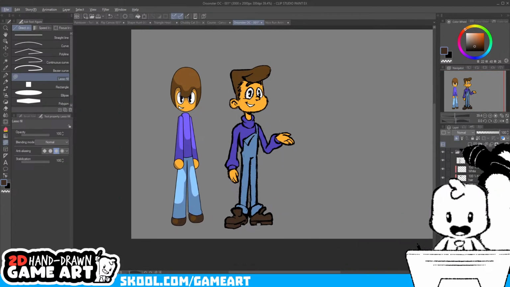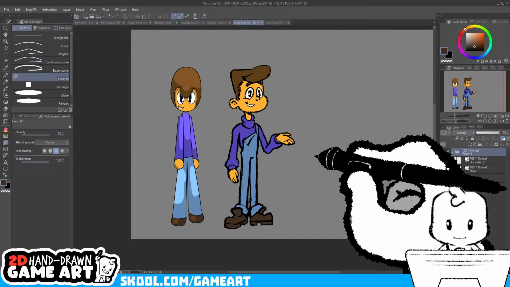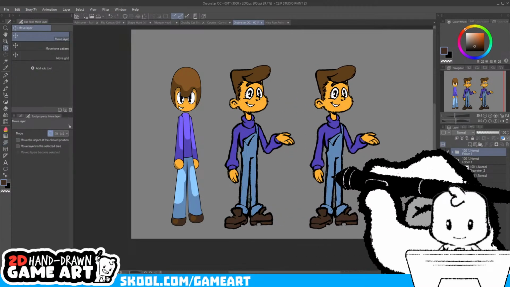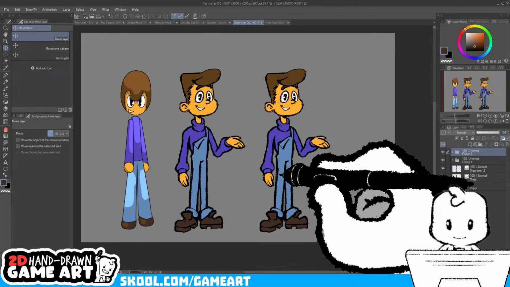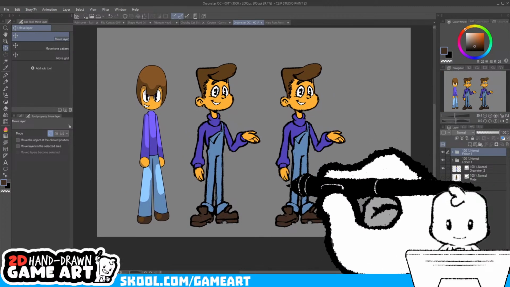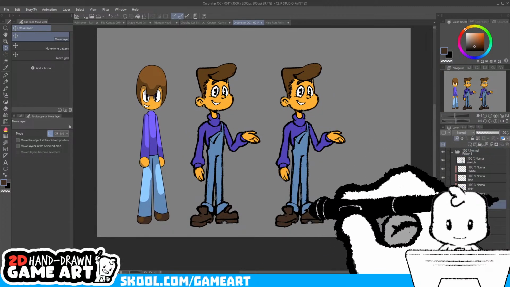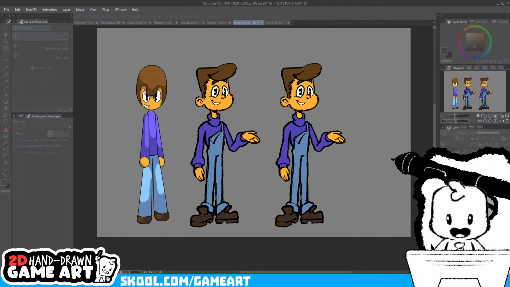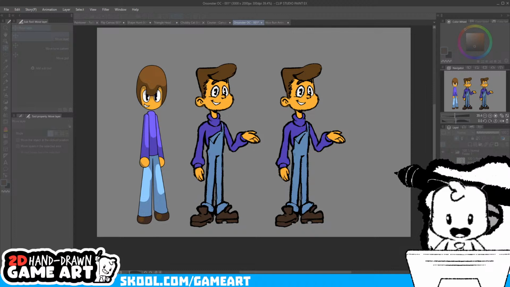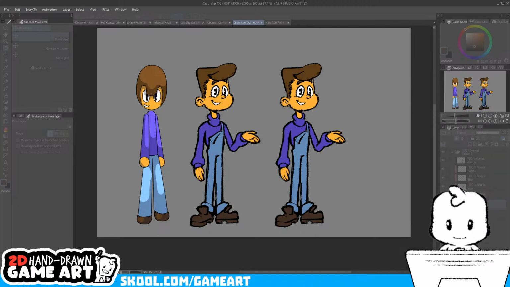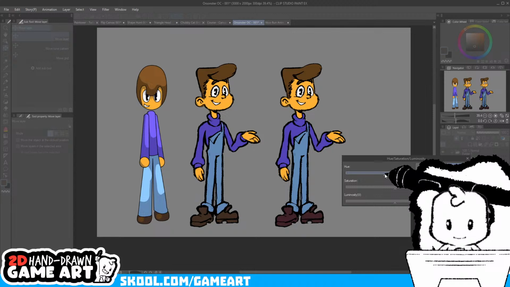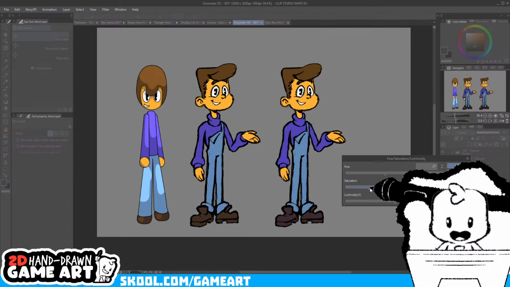Okay, so this is the character with the same colors as the reference. And for the most part, I do like these colors. I think I might tone down the boots a little bit, because that's a little saturated, I feel.